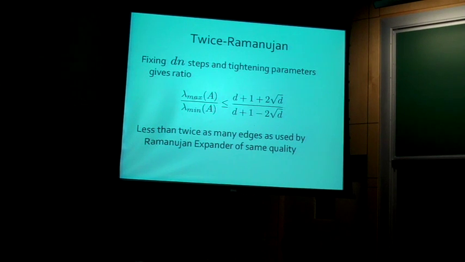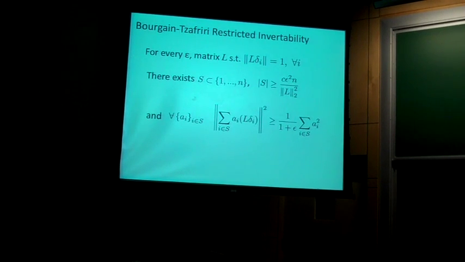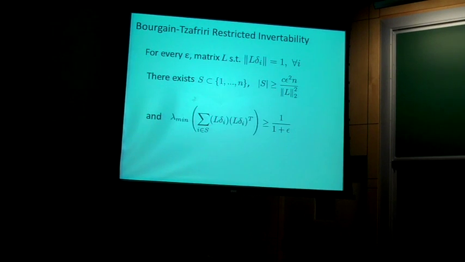Okay, I want to quickly mention, since I see I'm out of time, just 2 related things. One, this potential function argument is very useful. It gets us a very simple proof of the Marcus-Spielman-Srivastava restricted invertibility theorem. Roughly what that theorem says: whenever you give me a matrix in which all the columns have norm 1, you can pick some appropriately sized subset of those columns so that the operator restricted to those columns is, as they call it, well invertible, has a large smallest singular value.